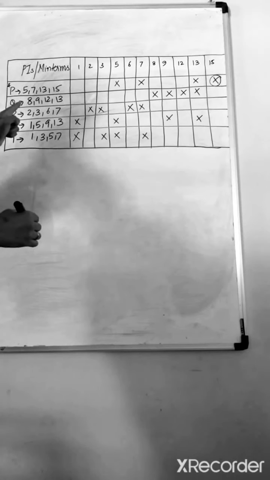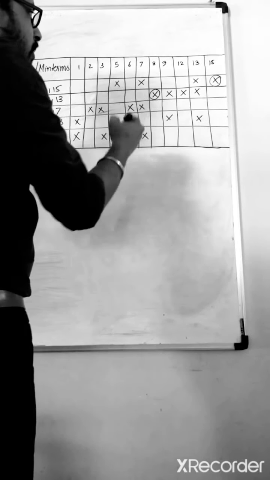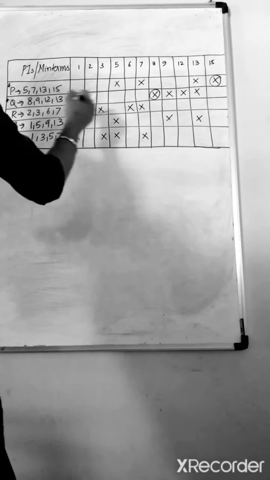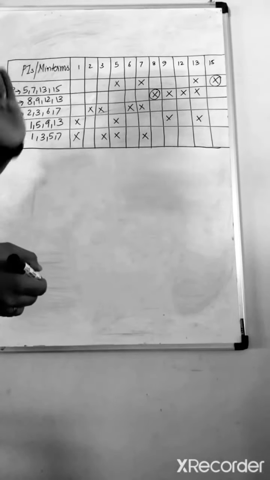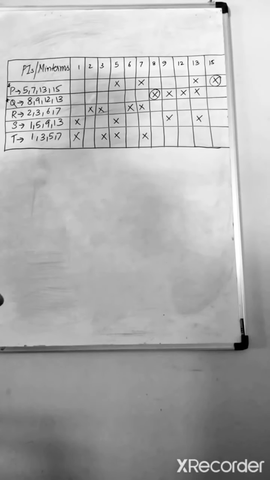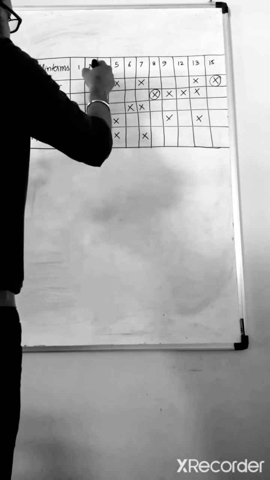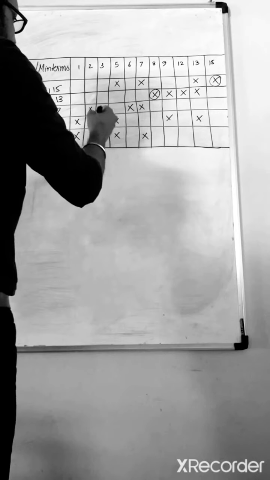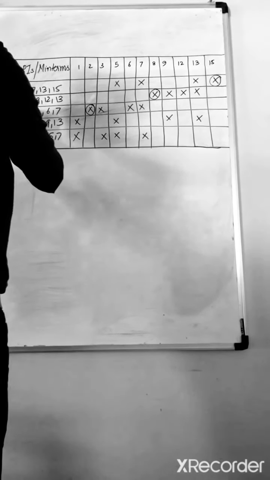Look for Q. 8, yeah, initially 8 is not covered by any other one, so we should say that it is an essential prime implicant. Look for 9, 12, 13, yeah, it is also an essential prime implicant as 8 is covered only by Q. Look for R. 2, 3, 6, 7. Look for 2. Please check here. Here 2 is covered only by R.